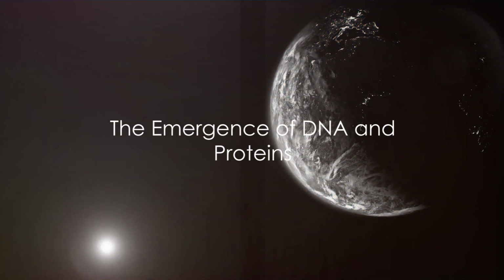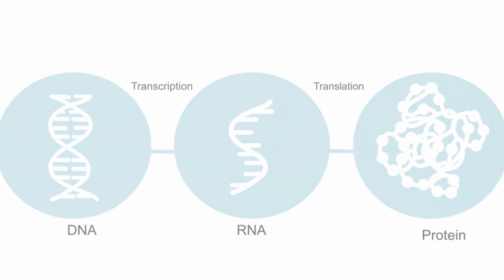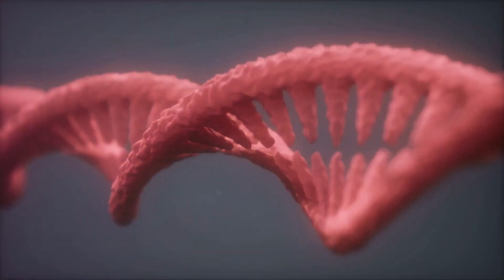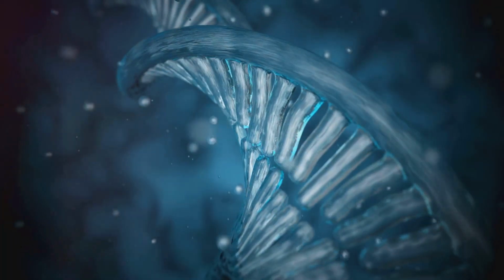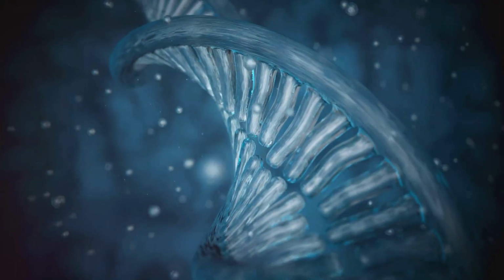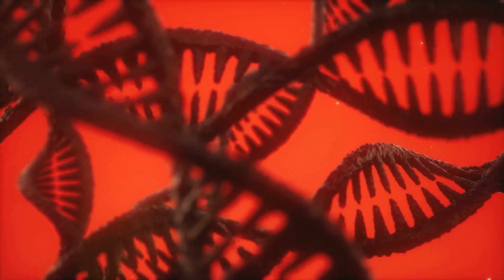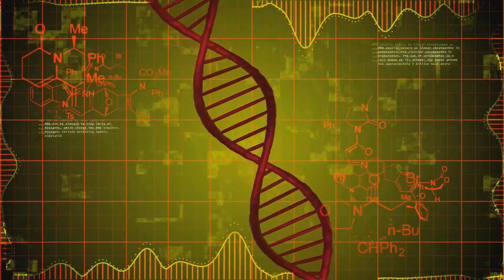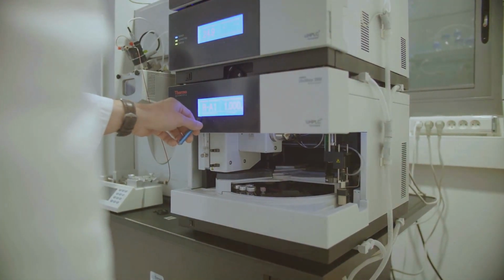The transition from an RNA world to a DNA-protein world marked a pivotal moment in life's history. Imagine, if you will, a world of RNA molecules self-replicating and catalyzing chemical reactions. Over time, these RNA molecules evolved, growing more complex and diverse. But there were limitations to what RNA could achieve on its own. Enter DNA and proteins. DNA, with its double helix structure, offered a more stable and reliable way to store genetic information. It was less prone to errors during replication and could carry more information given its larger size. This was like upgrading from a basic filing system to a state-of-the-art database.